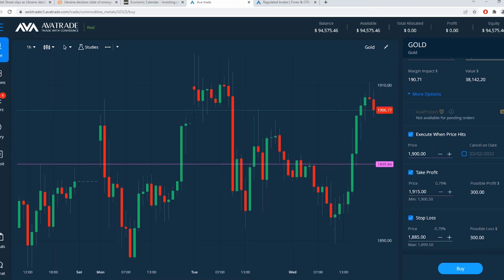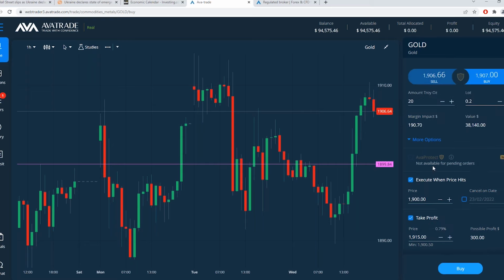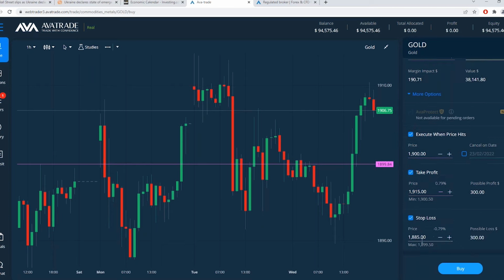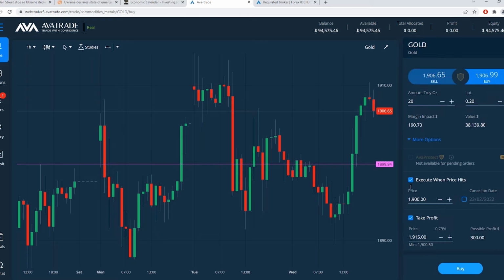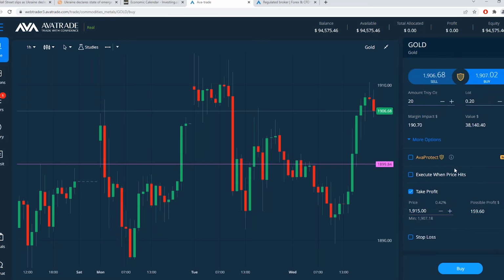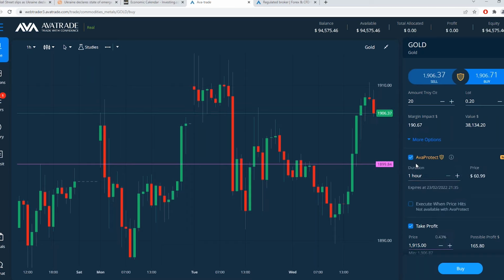And so I might think that that's what I want to do and buy. I also could use AvaProtect. I could protect by the hour, by the day, and say, you know what, I think this could go flying up or flying down. Instead of setting it up this way with a stop loss, and instead of doing a pending order, I could say, I think eventually gold will have a huge move. Maybe I'm not sure which way this huge move might be. Maybe it could go flying down, it could go flying up, but I expect a big move soon. If that's how I felt, then AvaProtect could be the way to go.